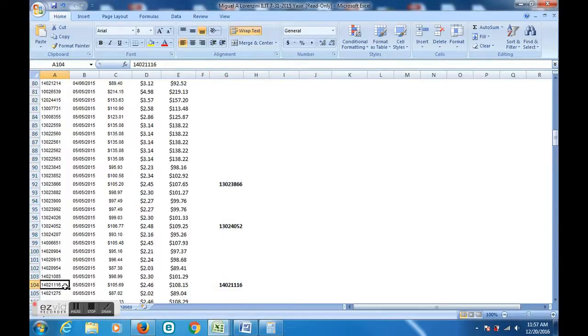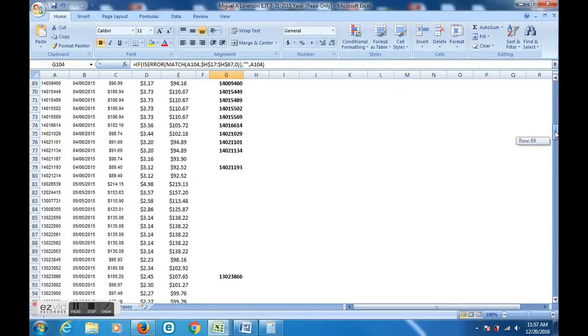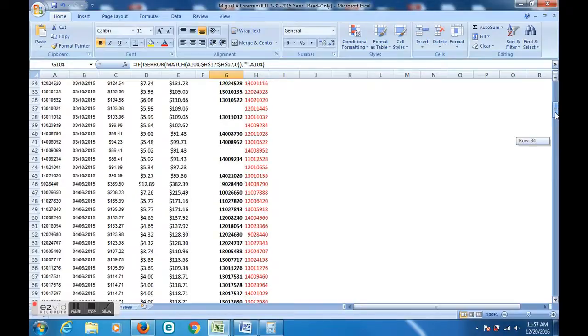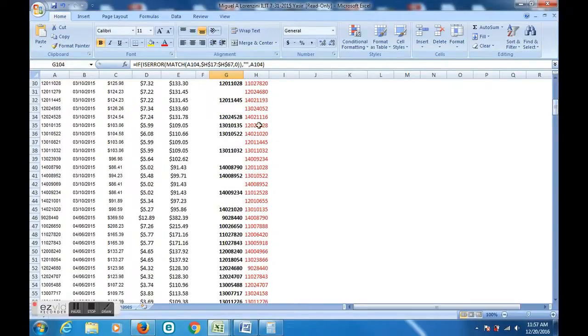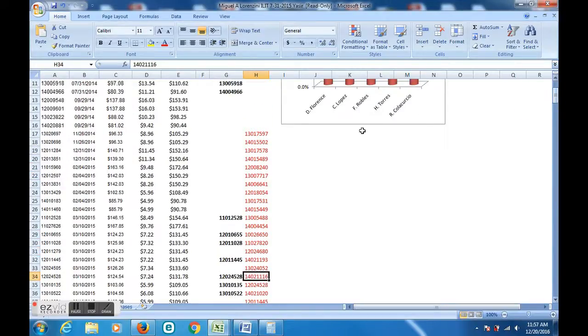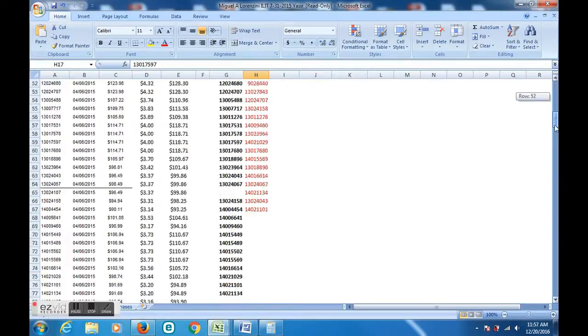Okay, so you can see where I dragged it down, it's matching them up. See, 14021116, 14021116. So that would be targeted for elimination. And just to make sure that you've got the correct amount, and there's the one that we just mentioned,